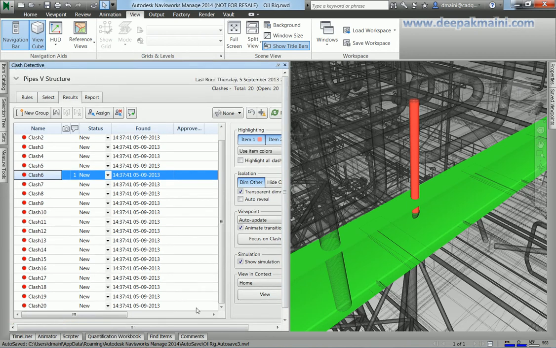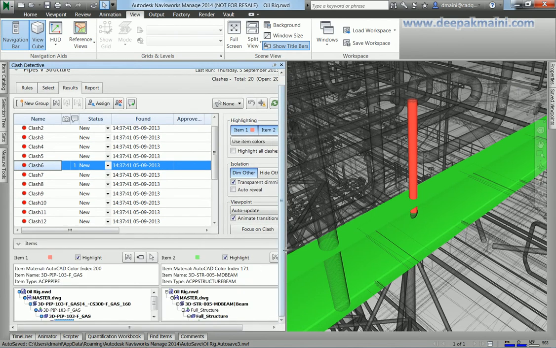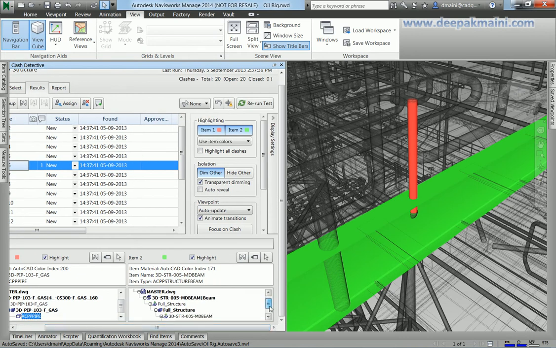Down the bottom, you've got the items area. The items area is an interesting one. It basically shows you your two selections and the objects that are clashing. Now, this is where Navisworks is really smart. If I was working with live Plant 3D models or live MicroStation models, this is where I can go and